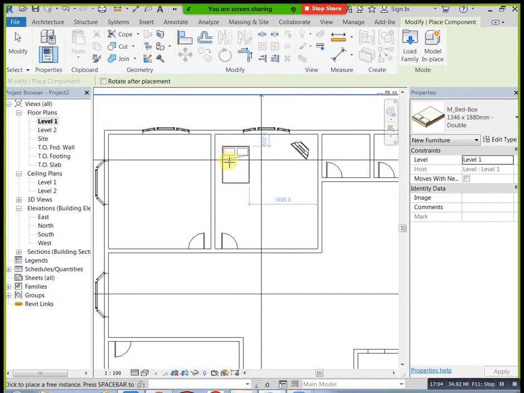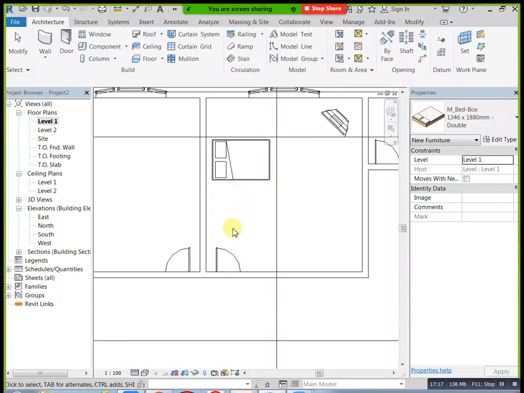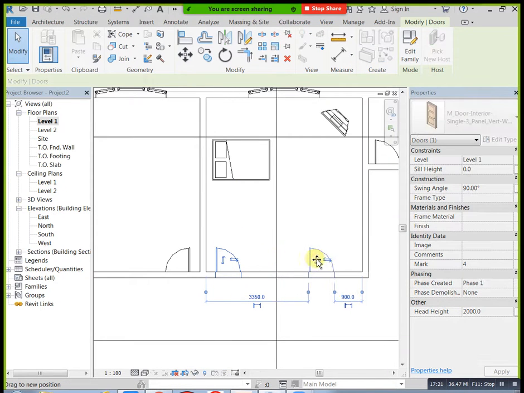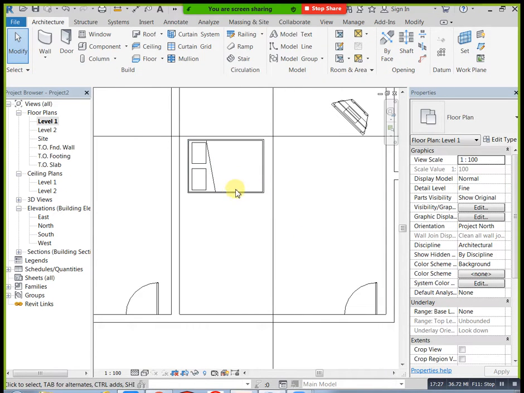In that condition, you can change this one to this side, that is better for you. This is the entrance, you can place it here. Or otherwise you can place it here, you can see it like this direction. Next, if you need these two as well, select this one and select these two items.